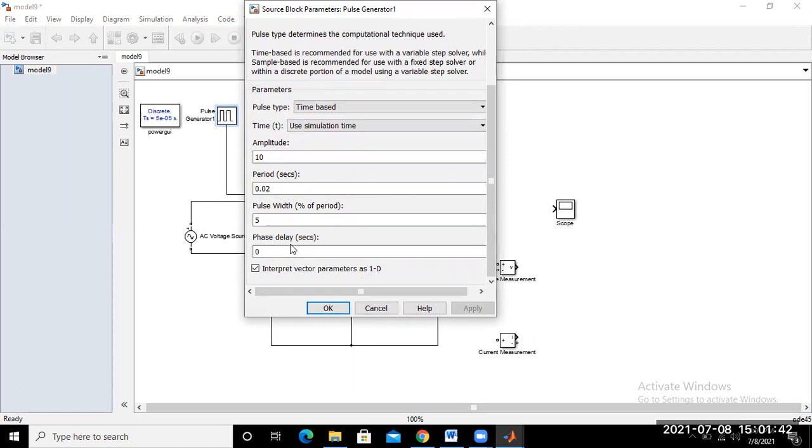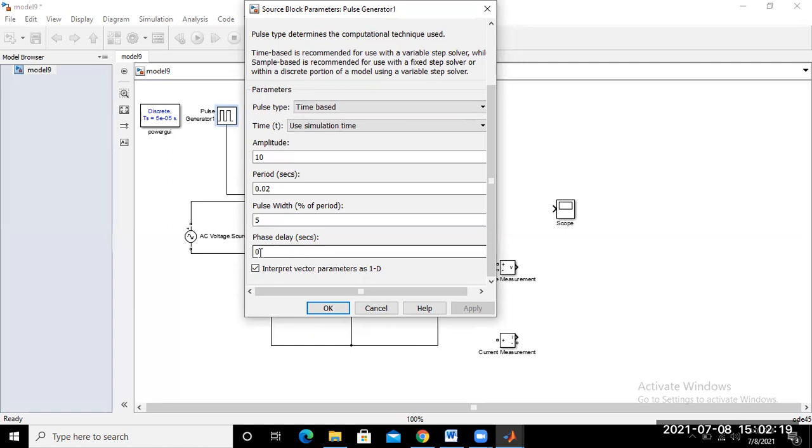Now what is the phase delay in seconds? How can we calculate this one? Phase delay in seconds. Okay. So suppose you want to apply the gate pulse at the delay angle of 30-degree. Okay. So this one becomes 30 divided by 360 into time period. Is it not?